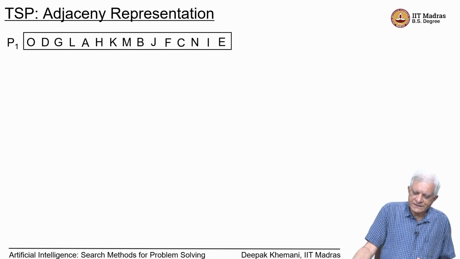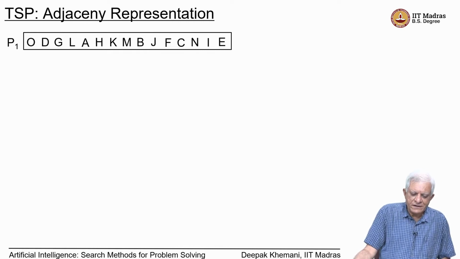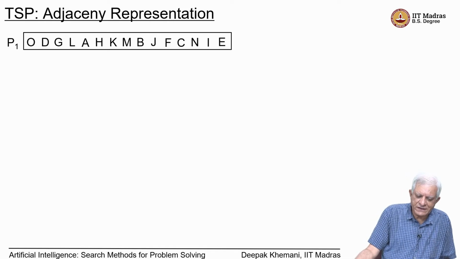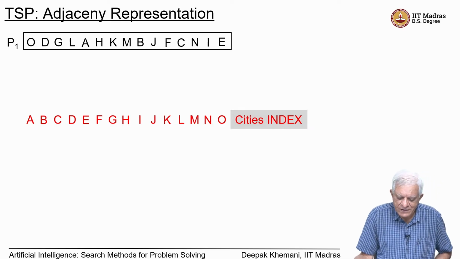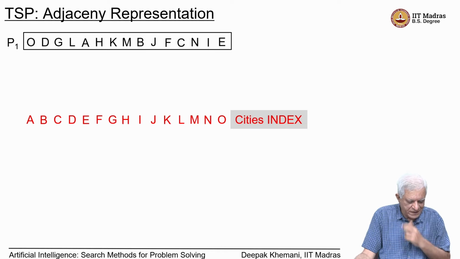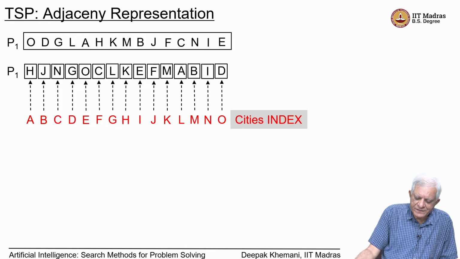Next, we look at a different representation of the tour. The path representation simply says, for example, for this parent, you are starting with city O, going to D, then going to G, then going to L and A and so on. That is a path representation. Now, we are looking at a different representation called the adjacency representation, in which we start off by constructing an index of the cities. The index is the alphabetic order of the cities, in this example A, B, C, D, E, F, G, and